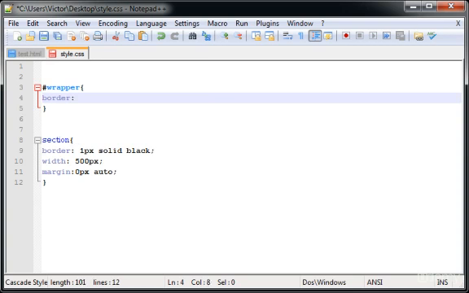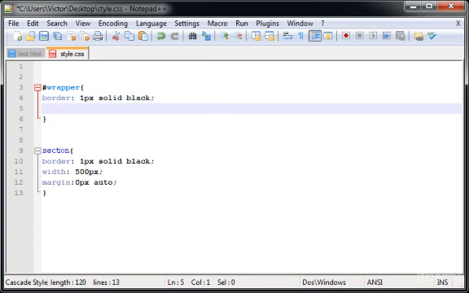I usually do borders for every section when I'm starting a web page, because that's a good way for you to see the width and the height of each section, and you'll control the design of the sections of your web page better with all the borders. Normally I put a black border, but you can use some other colors if you want to. So wrapper,